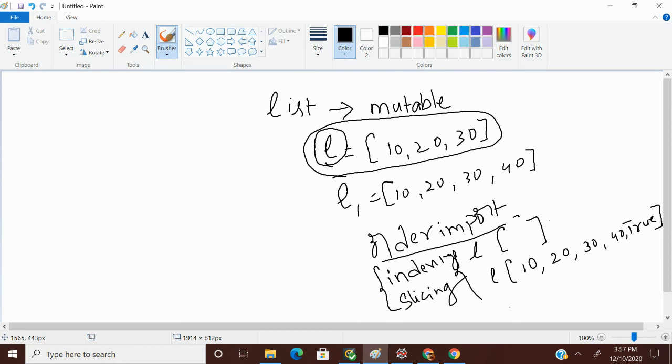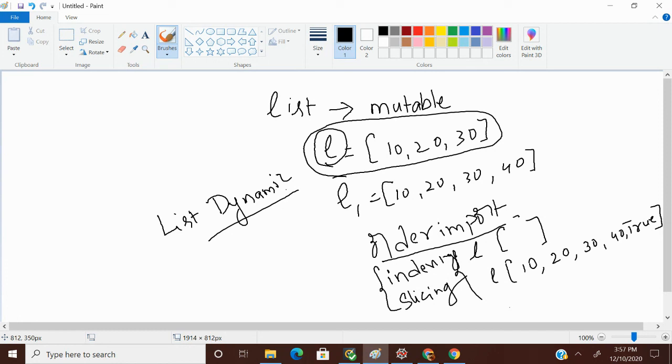Coming to the next, list is dynamic in nature. Dynamic means it is growable in nature. List is growable in nature. This is a basic idea about a list.